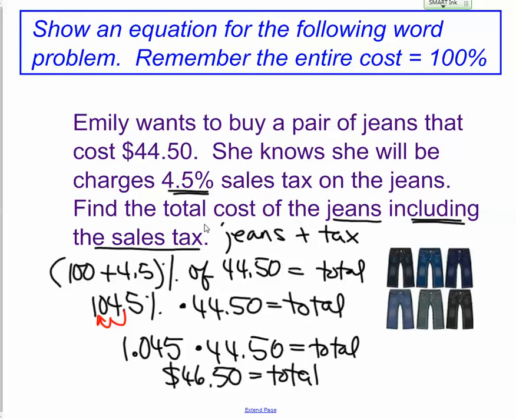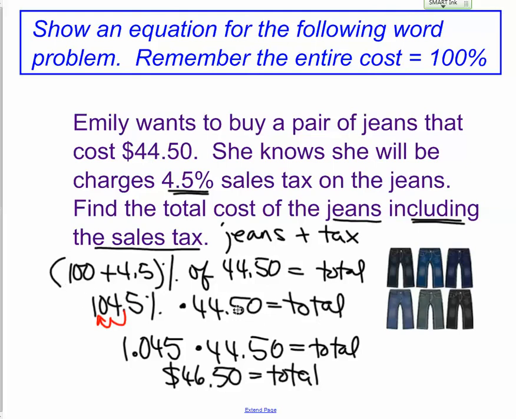All right, then one of these where you have to find the 100% price of the jeans and the tax. So Emily's buying a pair of jeans. This is how much they cost. She will be charged, sorry, that should be a D, 4.5% sales tax on the jeans. Find the total cost of the jeans including the sales tax. So we have to pay for the jeans and the tax. Well, 100% of the cost of the jeans plus the 4.5% tax of the jeans is